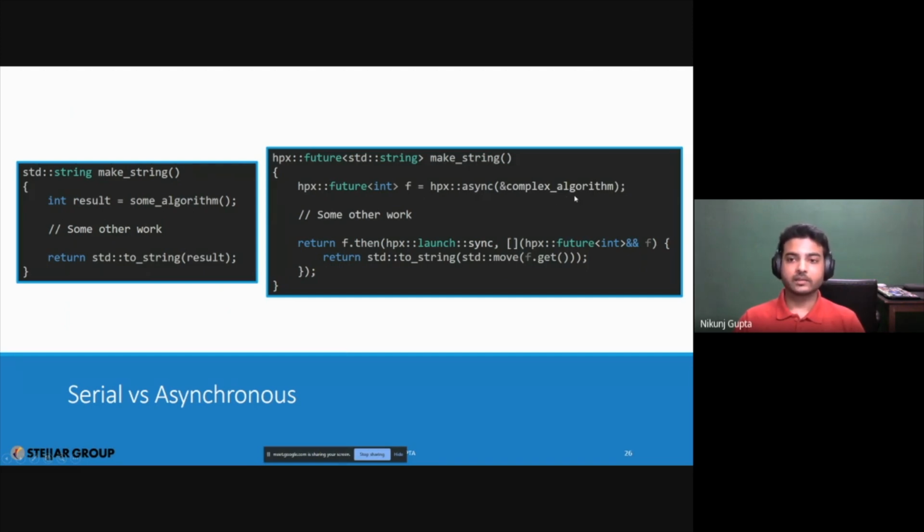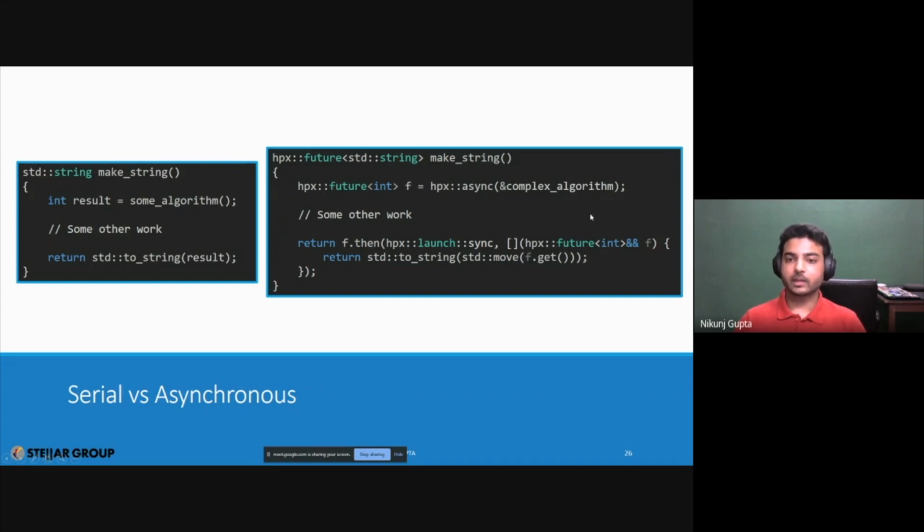If this is a complex algorithm, it runs as a task, and since it's running asynchronously, some other work also runs in parallel while running the complex algorithm.